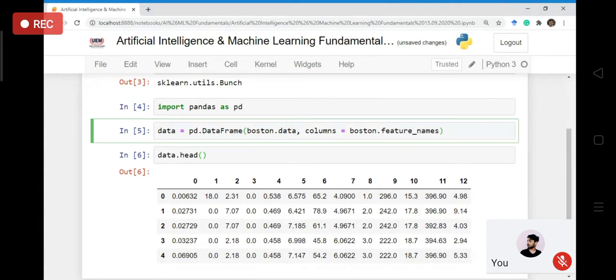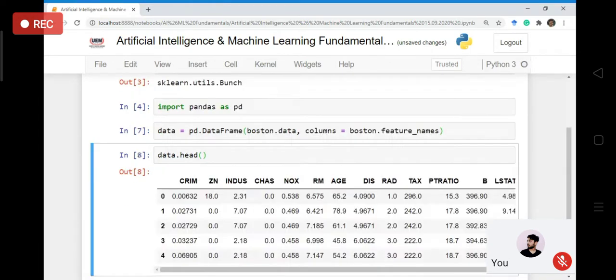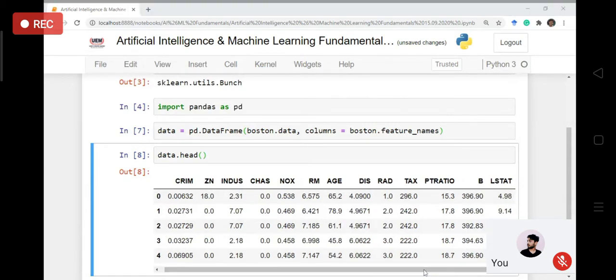there is another variable of the Boston object called feature names. In machine learning, these independent variables that I was talking about are referred to as features or attributes. So the Boston object has this member called feature names, and if you access that variable, that gives you the column headings. What is the name of this column, what is the name of that column, and so on. If you just run it, now you can see that all the data column headings have appeared.